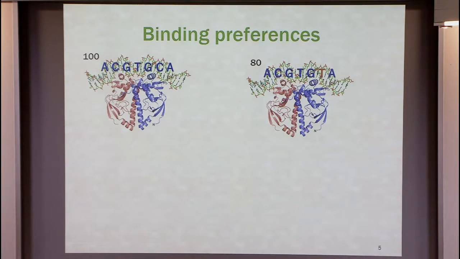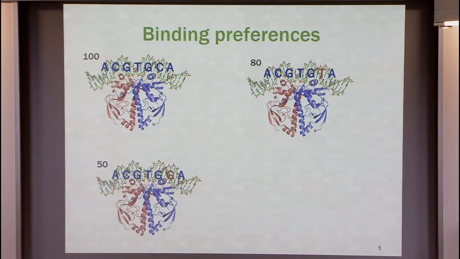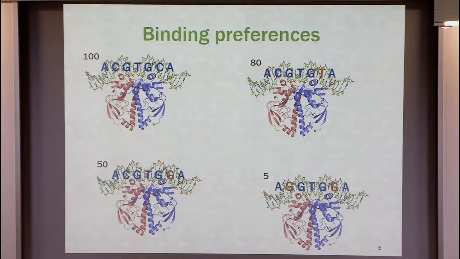So both of these can serve as binding sites, but one is stronger than the other in terms of binding intensity. We can also make a different mutation in the same position, and we will get a different intensity. So there are different potential binding sites or sequences that serve as the binding site. And it can be also that we make two mutations, and then we lose any binding,